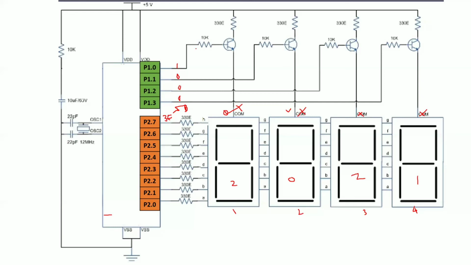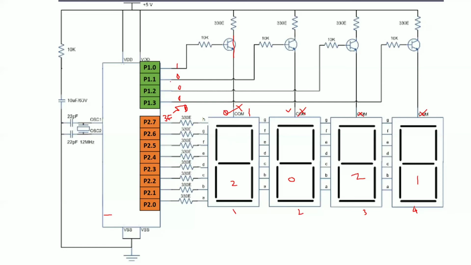The one will go to this transistor, the transistor gets turned on, the voltage will come here, and the one will get to this display. Whenever the display gets one, it gets enabled. Whatever value I send on port 2, the digit will be displayed on this particular 7 segment display.